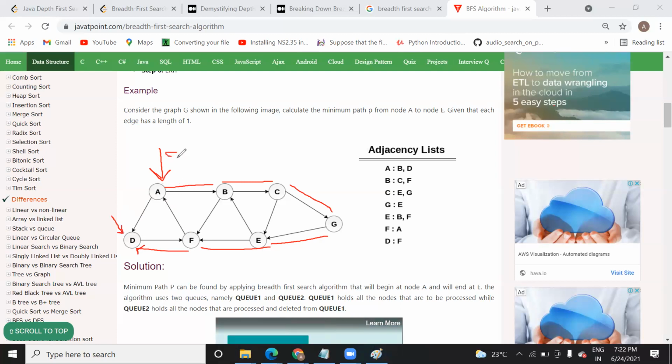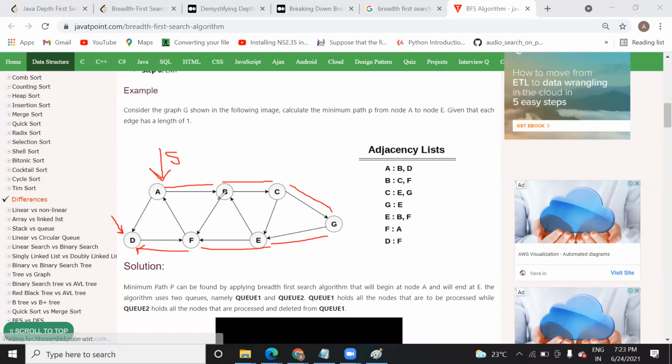Suppose this is your destination and this is your starting point. You need to decide which is the starting point, or it is given in the scenario that this is the starting point and this is the end point. How will you traverse it? You just need to look for the connected elements. And how will we keep the record of connected elements? With the help of pointers, you can implement this queue in the form of a linked list, where A is holding the addresses of B and D, whoever it is connected to. B will keep the addresses of C and F, to whom it is connected. So in this way, you need to follow this traversal.